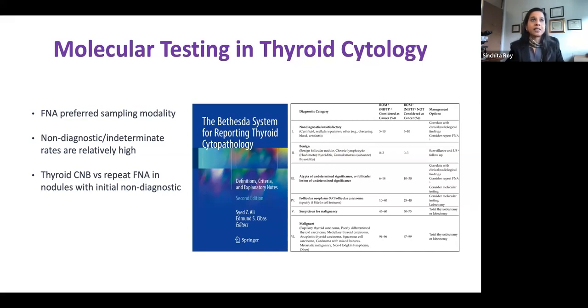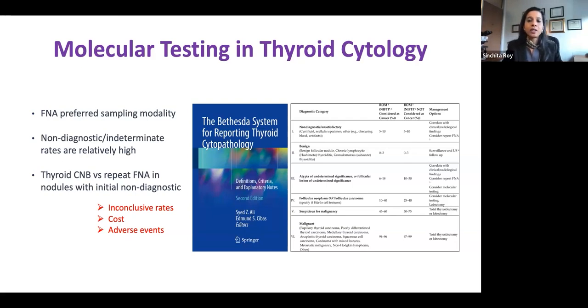And in some cases, people have made an argument that in an indeterminate diagnosis, if you're going to be repeating the procedure, should you use a core needle biopsy versus a repeat FNA, right? And there are arguments. If you're going to be doing a core biopsy in such a vascular organ, there's an increased risk of adverse events. Core biopsies have a higher cost. And inconclusive rates are also still kind of high, maybe not as high as an FNA, but they're still high.